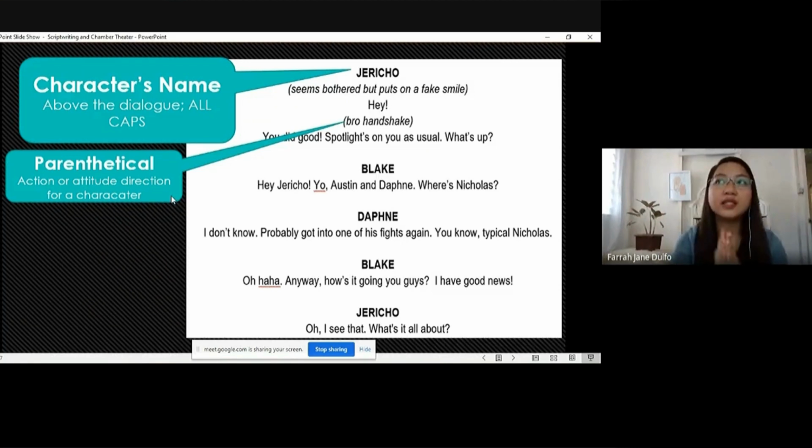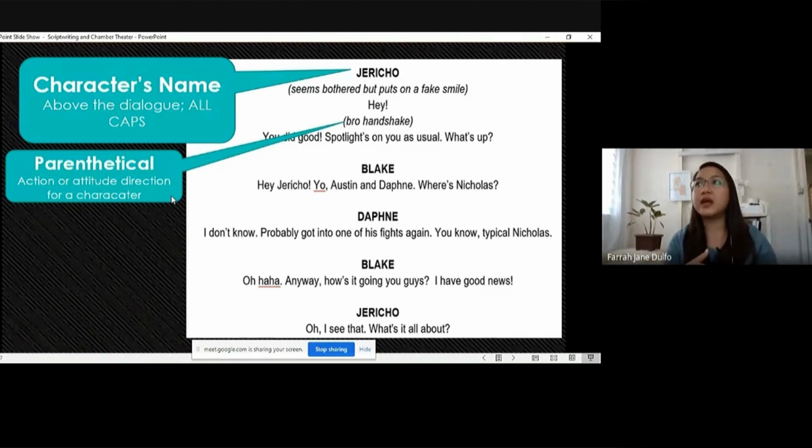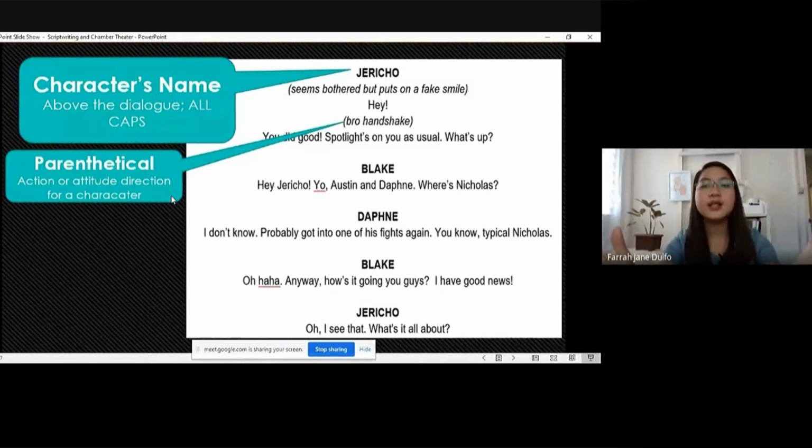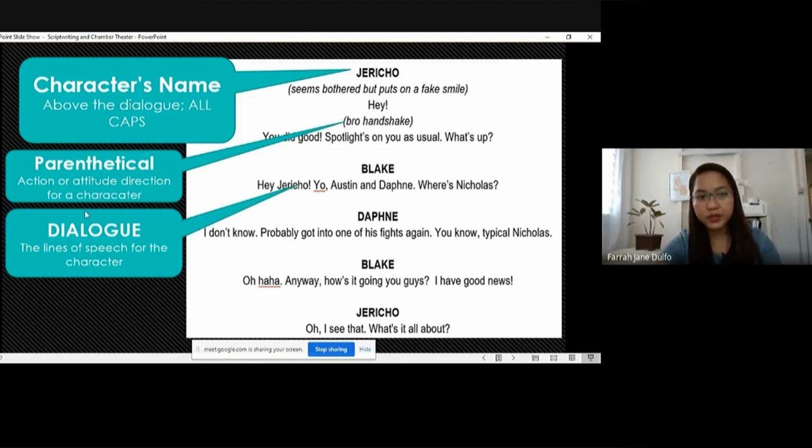So when you have some actions there, like handshake, seems bothered, what should be the emotion there, or the facial expression, or the action, it should be inside parentheses. That's why it's parenthetical. And the ones reading the script could know, okay, this is my emotion for this time, or this is the action I should do. Okay, so that's parenthetical. And then there's a dialogue, the lines of speech for the character.